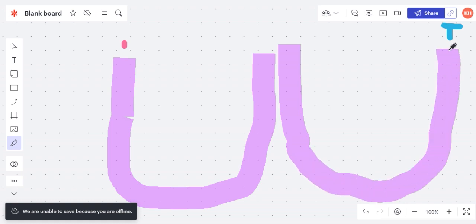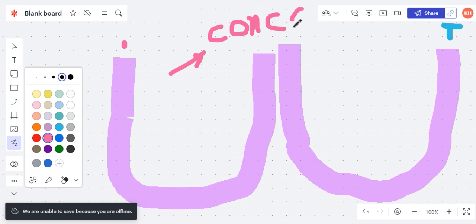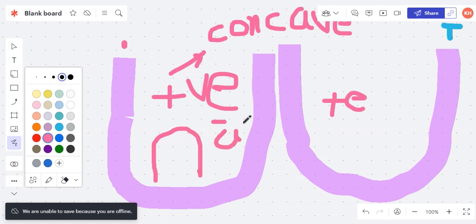So if your U is concave in the upward direction, it means that your acceleration is positive. This is positive concavity. And for a while consider that your concave is in the downward direction. If your concave is in the downward direction, it means your acceleration is negative, right? Your acceleration is negative, right? So this is the